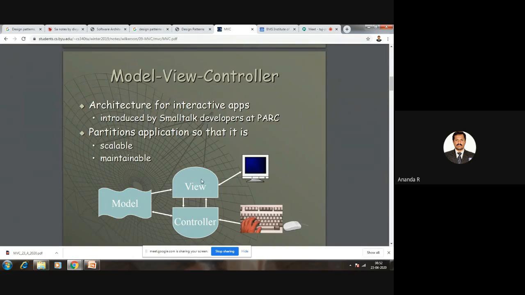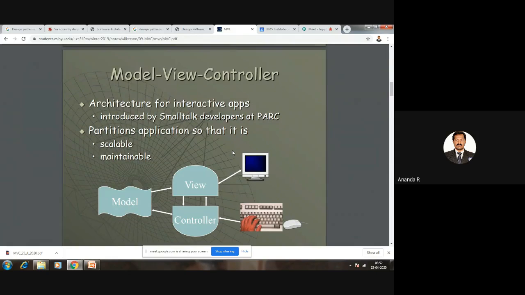When we have a clear-cut idea that viewing is separate, controller is separate, and model is separate, any problem which comes in the controller part, straight away we can refer to the controller. Any problem which comes under the model part, we can refer to the model. Any problem which comes in the viewing part, we can refer to the viewing component. So clearly we will have the idea where the problem is, and we can address that particular component, instead of searching for the problem in all the components. Because of that, maintainability is very easy.